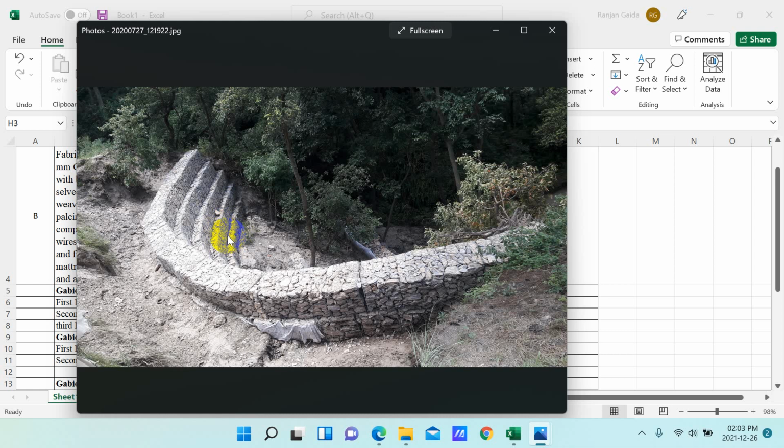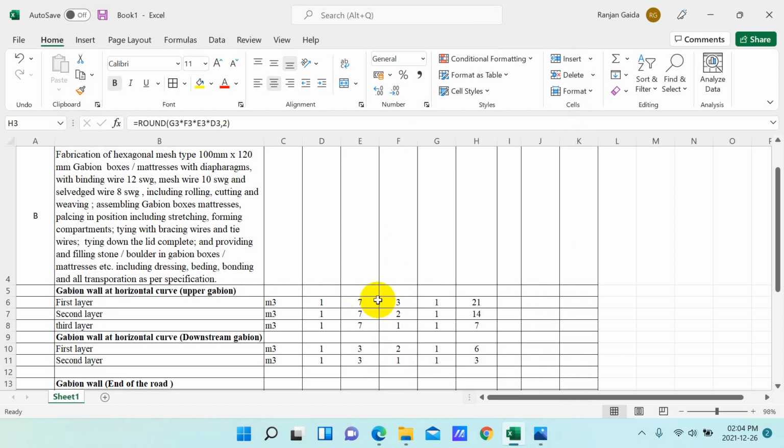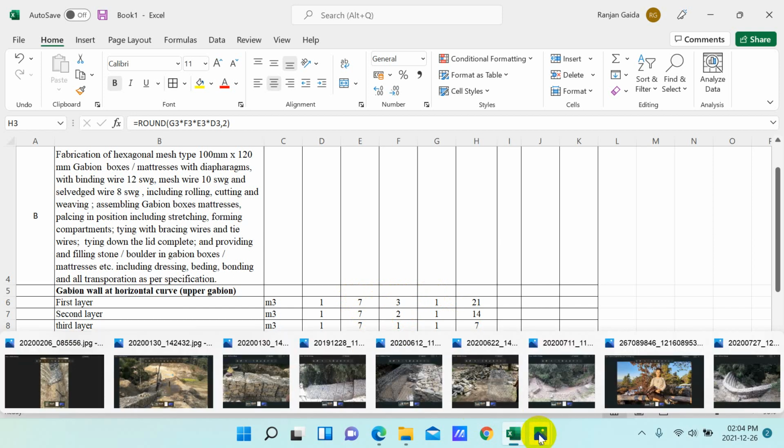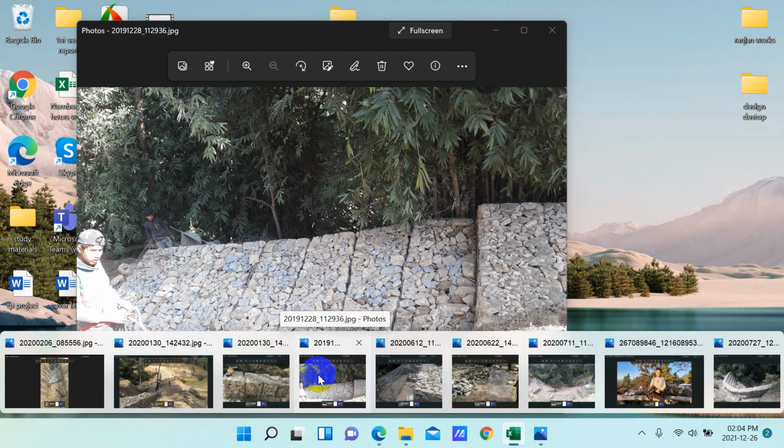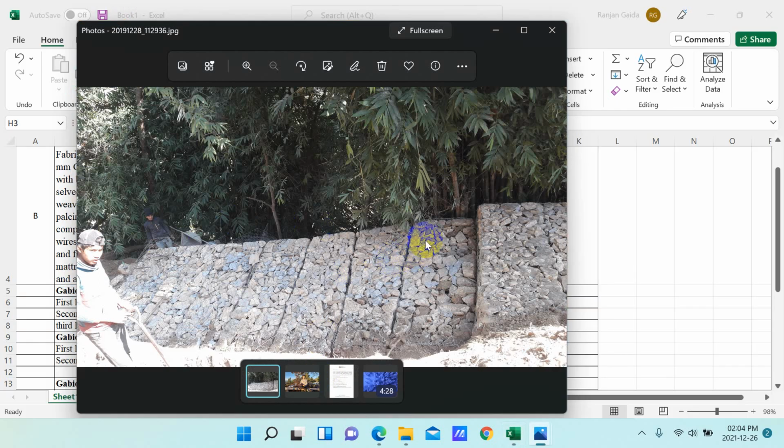1.5 feet for the safety purpose. 1.5 feet, as you can see. And 311, 211, 111 means the standard size of the gabion wall that we are going to make. Let's say this is a gabion wall having length of 1 meter, 2 meter and 3 meter. So it means our width is 3 meter.